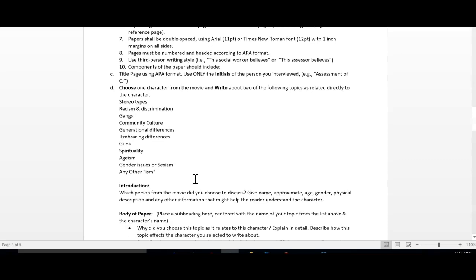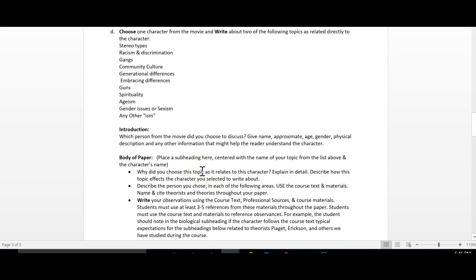I want to caution you too not to watch the movie with children, because children are easily influenced and may not really understand the twists and turns of the movie. So it would be best if you watch this on your own, if you so choose to. Also, if you get in the middle of watching it and you decide this is not the choice for you, then switch and interview someone or do the other option. There are 2 options there, so you don't have to do this one if you find any of the material